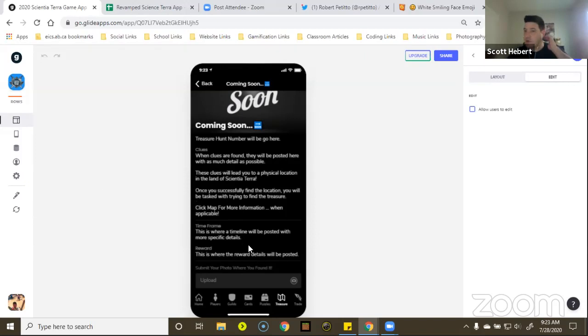A new function that Glide released in the past couple of months is that you can check how close you physically are, holding the phone, to the location. It'll take your GPS location and the location of the map pin that I've dropped, and it'll keep changing the variable to show you how far you are from the actual physical object, which is neat. And I think would be really, really cool.